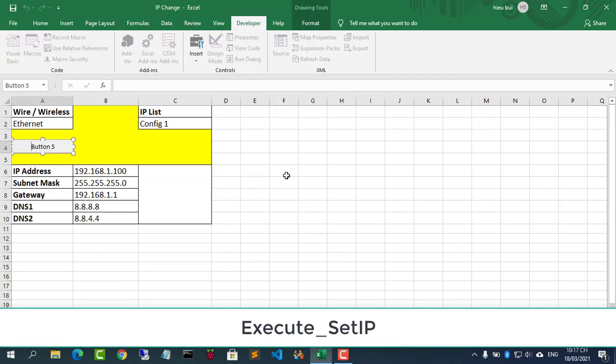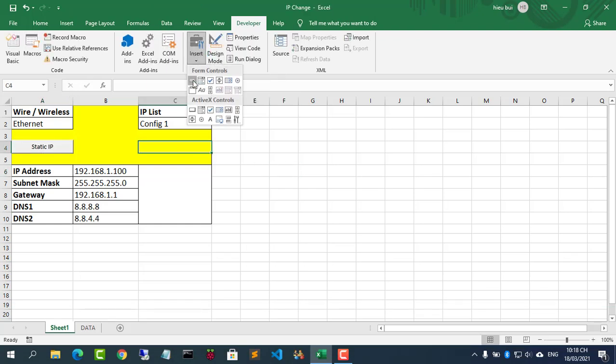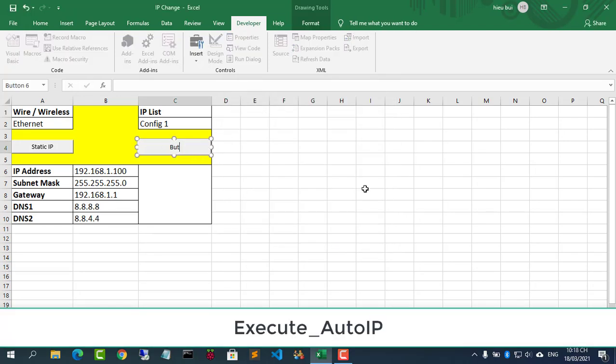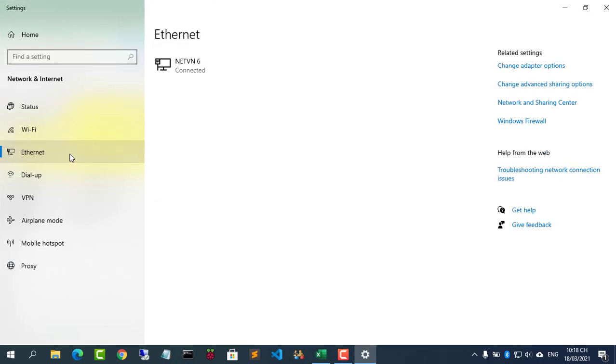You add 2 buttons to execute the corresponding functions. So the job is done.